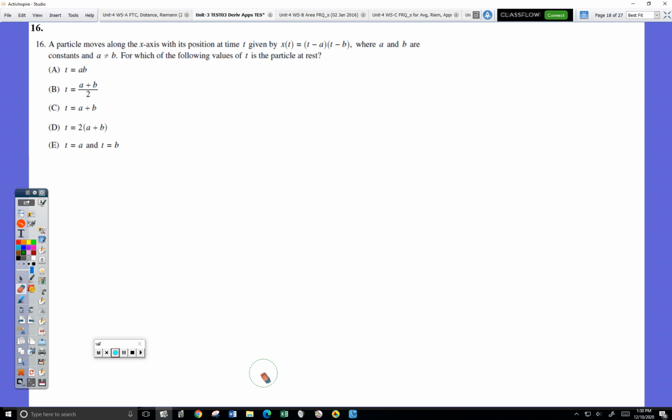Pause right there. Anybody else have a better answer for why it is the right step to find the derivative of x of t? You really do have to understand why, it's going to cause you trouble in the future. Yeah, because you're supposed to find where it's at rest, and so to find the points where it's at zero, you have to do the derivative because that's what you can see when it goes to